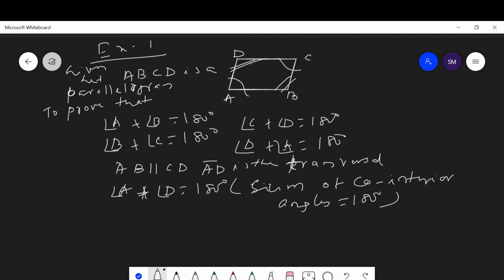Since angle A is equal to angle C and angle D is equal to angle B, this shows that